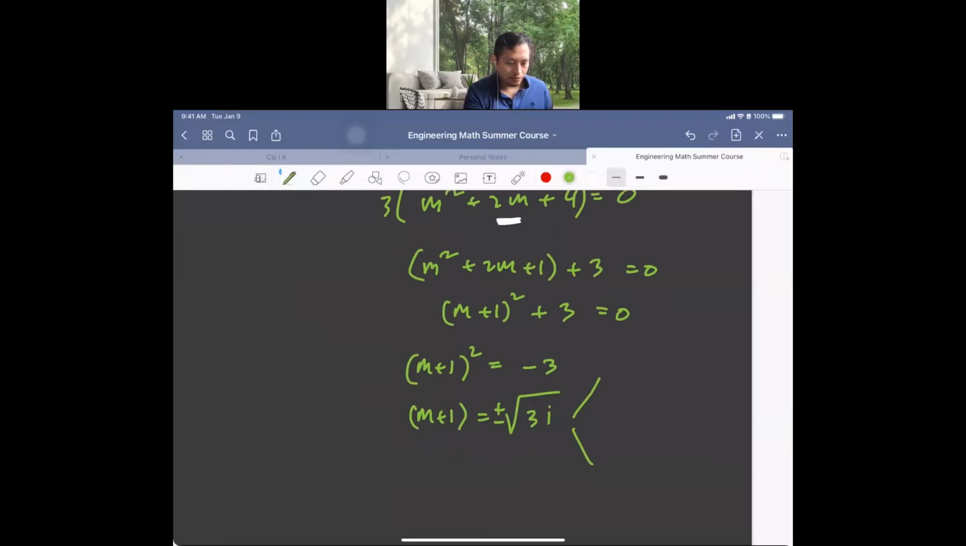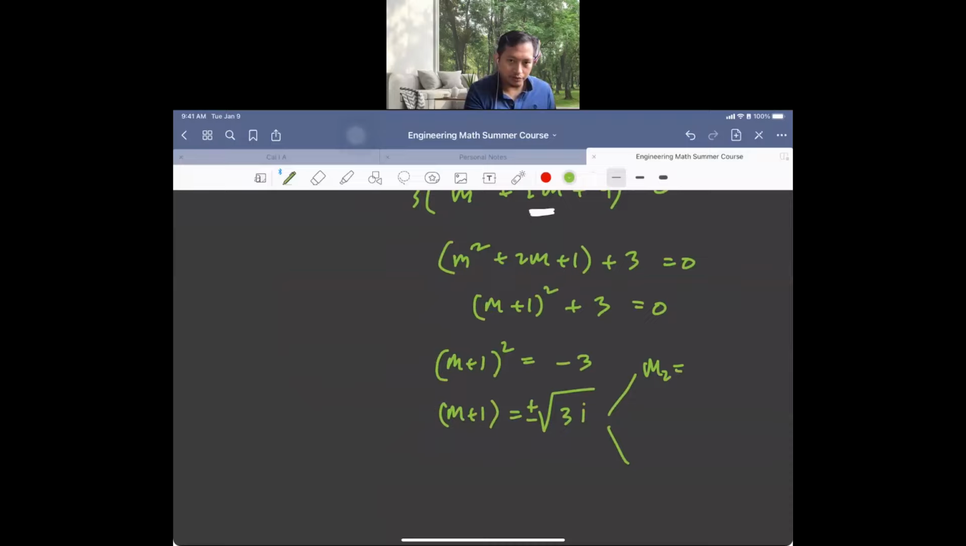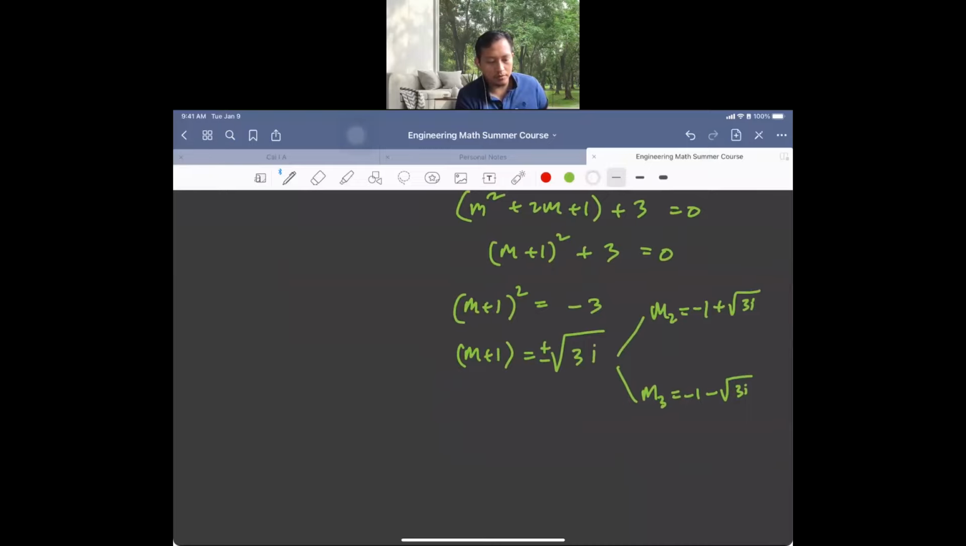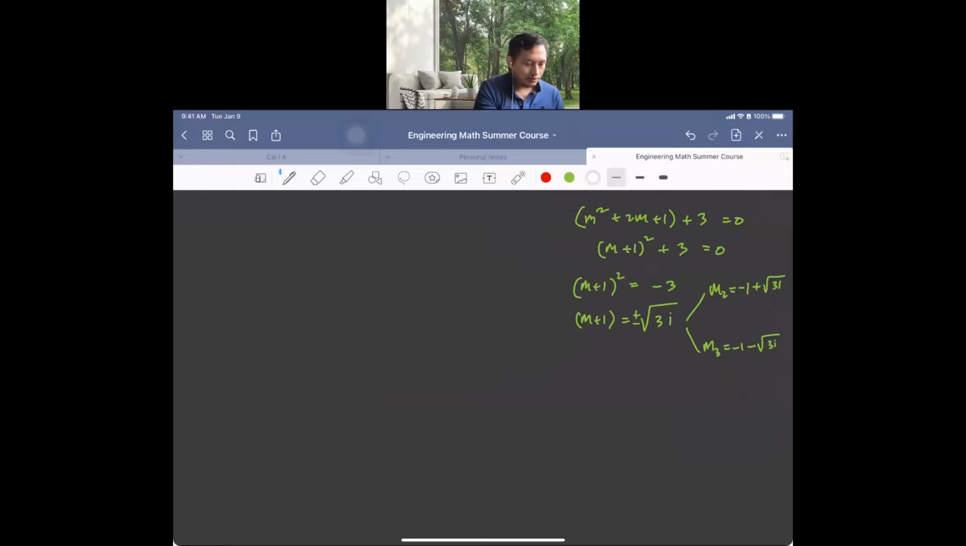So m2 is, let's say, -1 plus square root of 3i. m3 is -1 minus square root of 3i. Well, m2 and m3, it doesn't matter if you write them not in the order. I think it's still okay, because at the very end, your final results will be